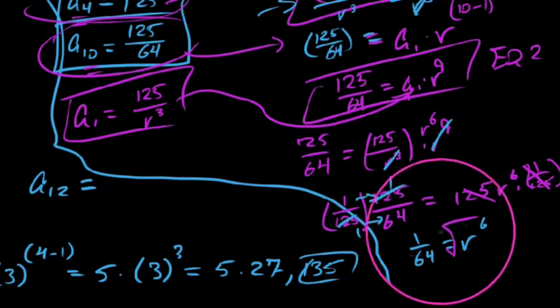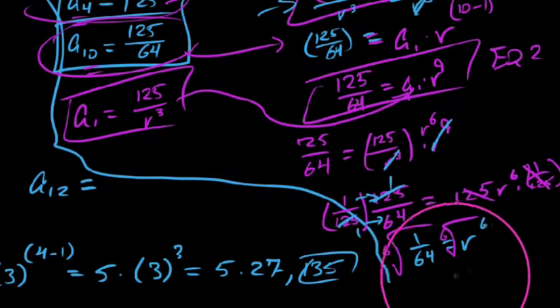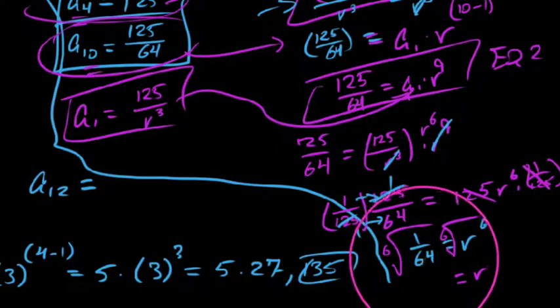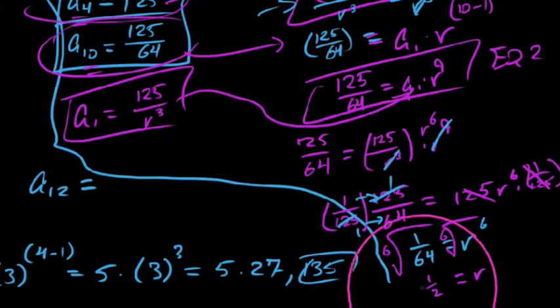And this is the maybe uncomfortable thing if you haven't done it in a while. We're going to take the 6th root of both sides. And we say, well, then r would have to be equal to, technically plus or minus, but we're going to go with plus. What could I take times itself 6 times to get 64? I think that would be 2. 2 times 2 is 4, times 2 is 8, times 2 is 16, times 2 is 32, times 2 is 64. So this is going to be not 2, but 1/2.